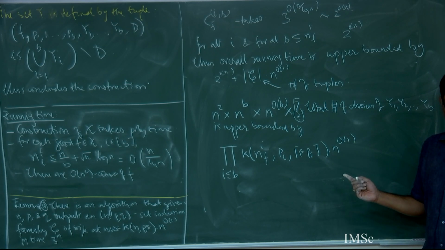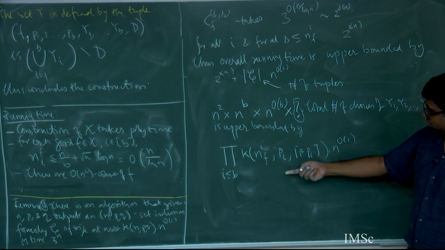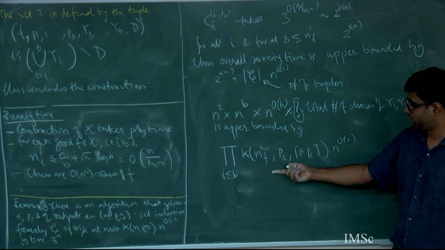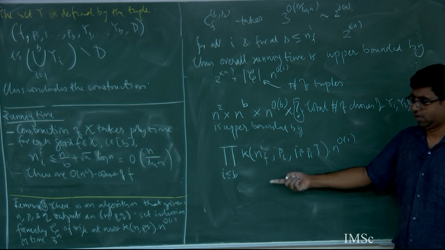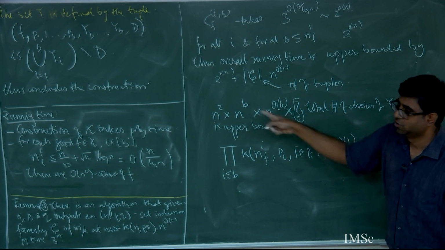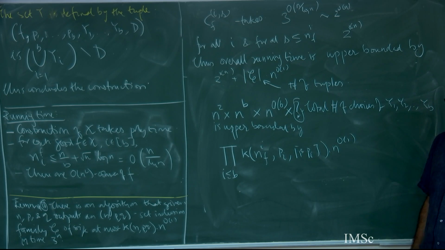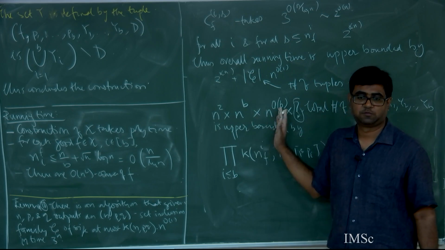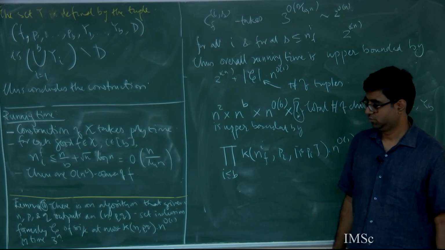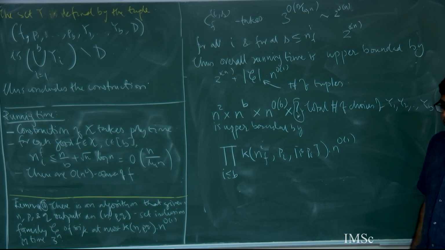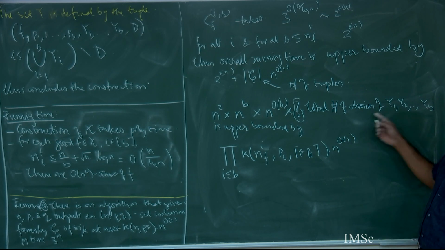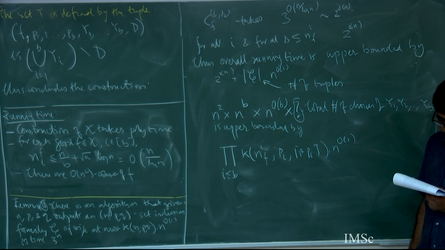Is this right? Because each choice is a choice for y1, choice for y2, and so on. I'm just multiplying, and I will multiply this finally over here, and then I will be done, right? Up until now, if you notice, all these are sub-exponential terms, so we can just forget them. So this product over i less than or equal to b is the total number of choices of y1, y2, up to yb, is upper bounded by.